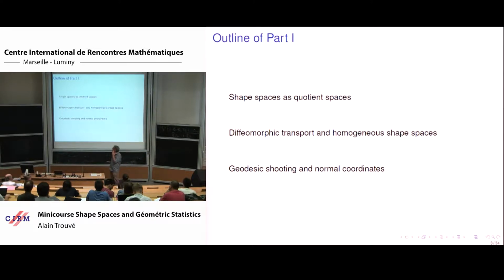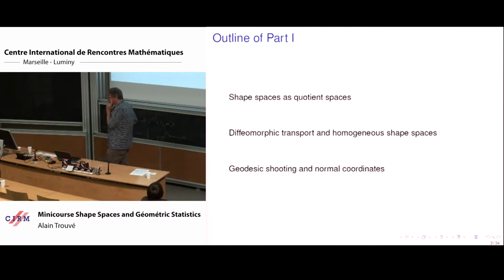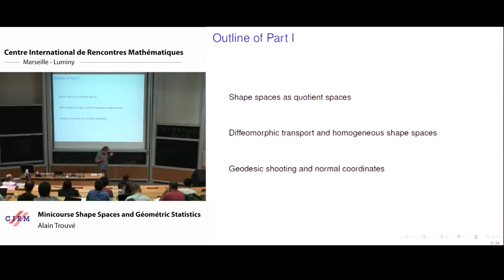shape spaces. One is that a shape space is usually a quotient space. Another is that in many situations, in particular the situation we are both interested in, which is medical imaging, the shapes are not living in an abstract space, they are living in an ambient space. And the action of the deformation of the ambient space plays an important role, so that will be the second